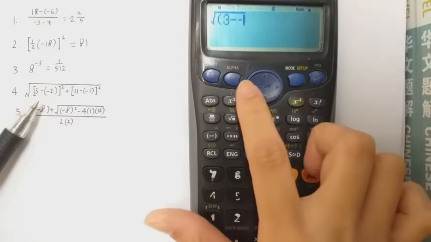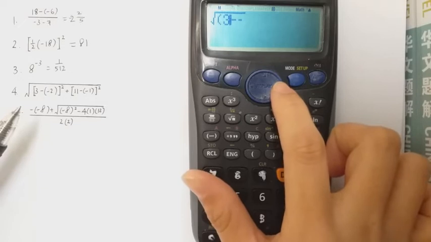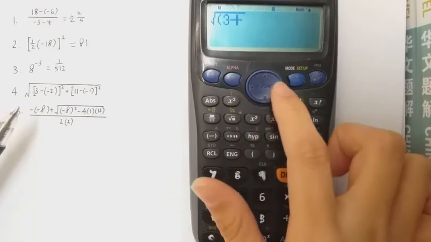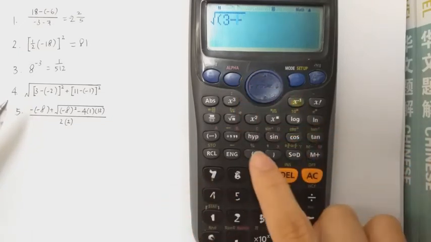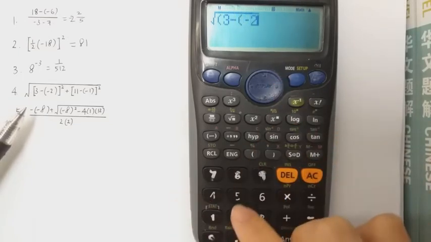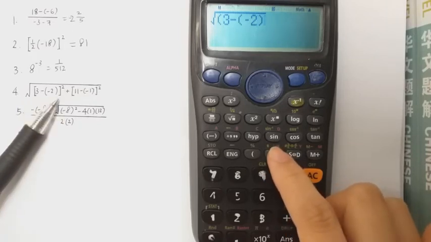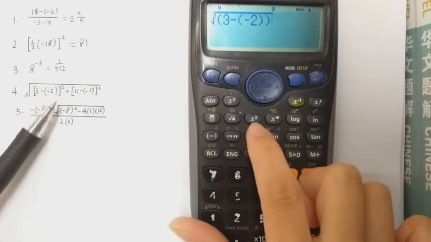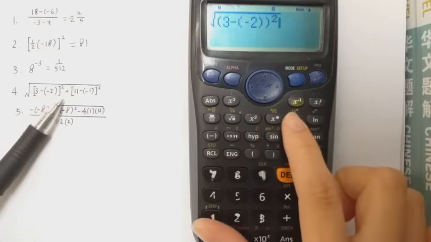Now, if you want to insert something in between two things that you have already keyed in, you can just use the left right button to toggle. So here I forgot to insert an open bracket, so I'll just go back left and I'll insert my bracket here. Go back to close bracket, and we have another square bracket, so another close bracket, power 2. Okay, this time round is power 2. We can use the 2 here, or we can use the fill in the blank, so I'll just use the 2 here, plus